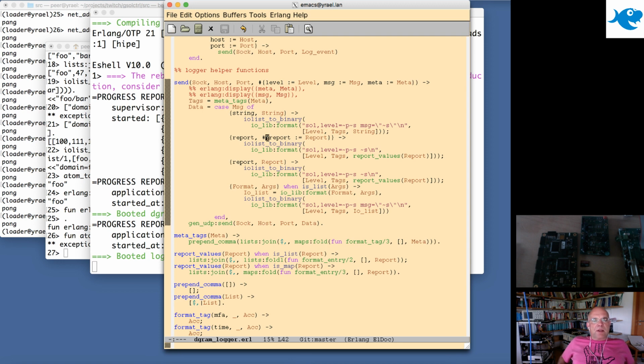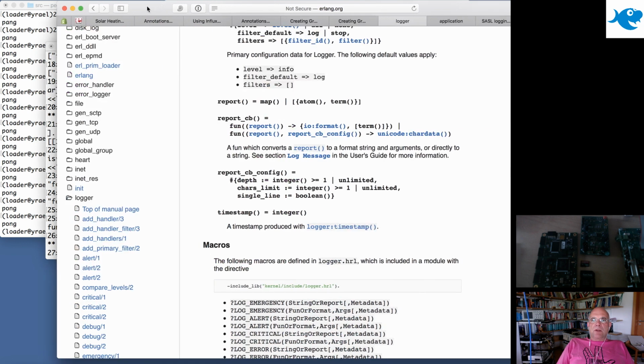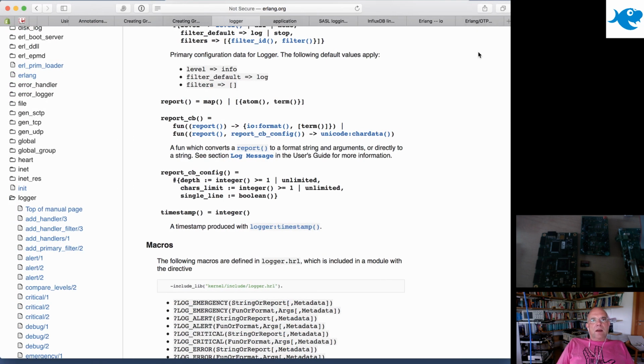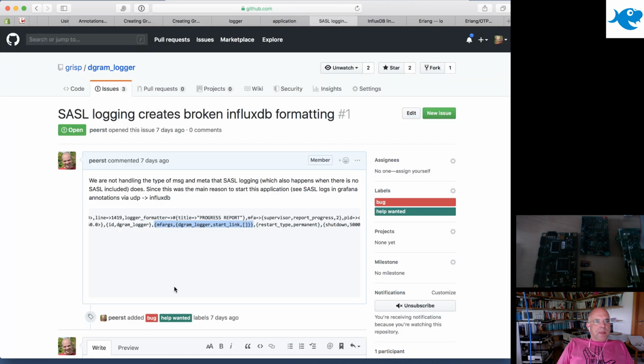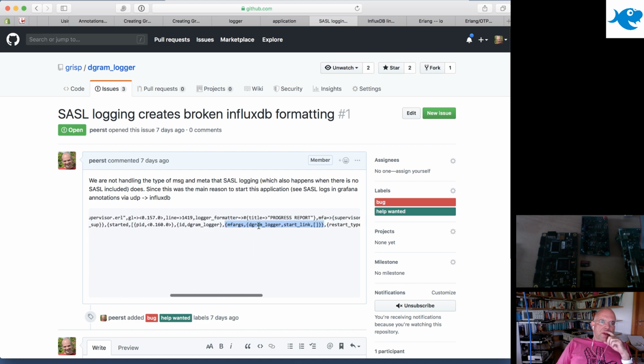So apparently we already put in this report for, oh, that's already put in for SASL. So maybe a comment here is special. So this is the wrapped report in our SASL things. And we also want to actually get out, so let's get me back to my ticket. SASL logging. So we actually want to strip this report thing and get the module function argument into the metadata